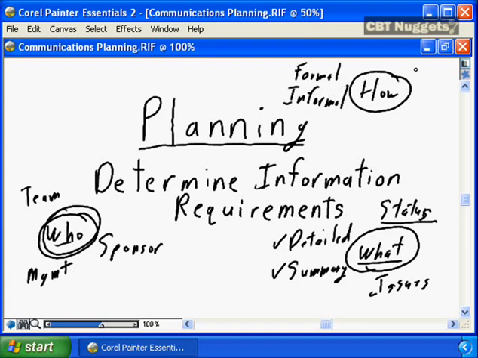You need to understand, are you going to distribute the information by phone, by email, or by formal written reports? You need to know all of this information in advance to effectively plan your communication strategy for the project. Who, what, and how. And once you have a full understanding of the who, the what, and the how, you can put together your communications management plan